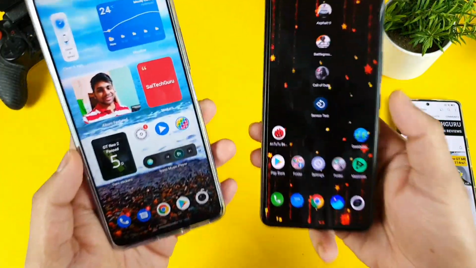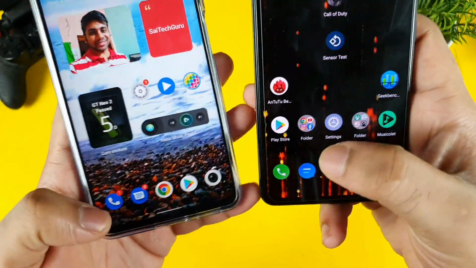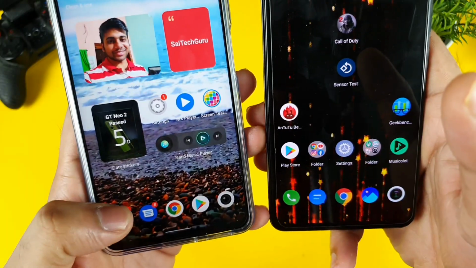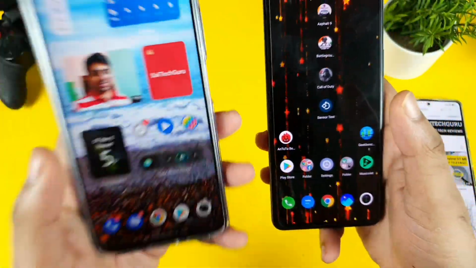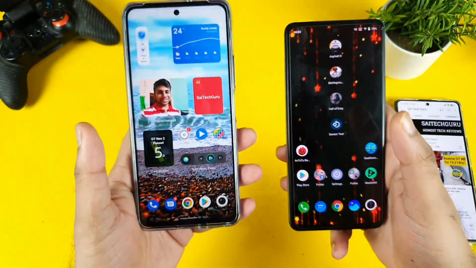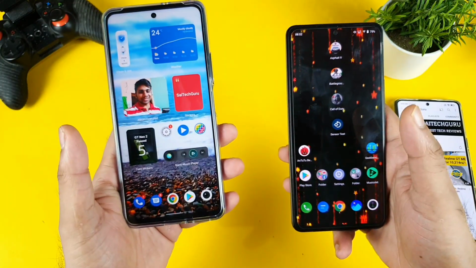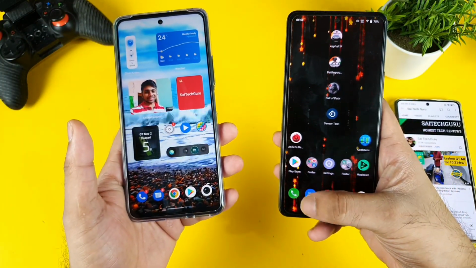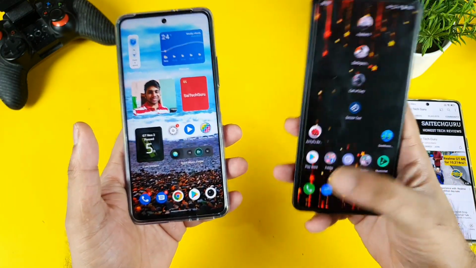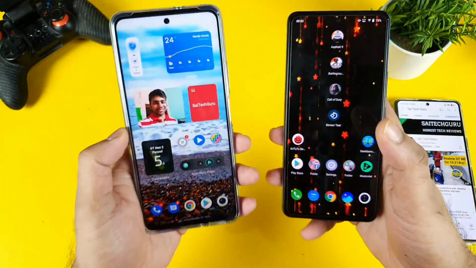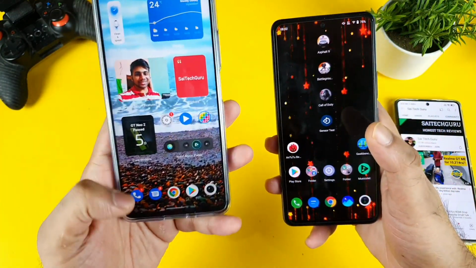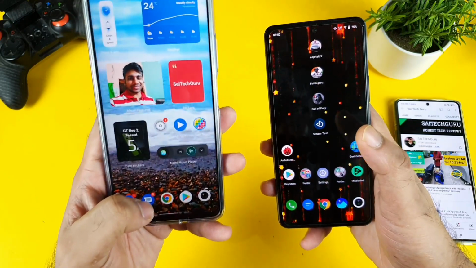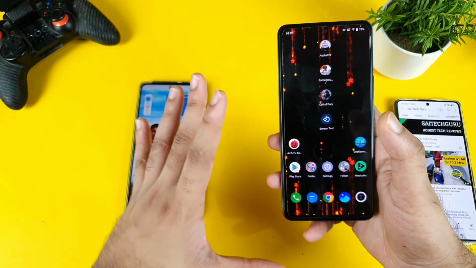And the next thing is about the Google Dialer and the messaging application, which came out of the box in FunTouchUI 12. So maybe they might be deleting the default dialers. I don't think it will happen in the iQOO 7 device anyway. Maybe in future phones that iQOO is launching, they might launch with the Google Dialer and the Google Messages as well. Maybe in the iQOO 7 device, they won't change any part.